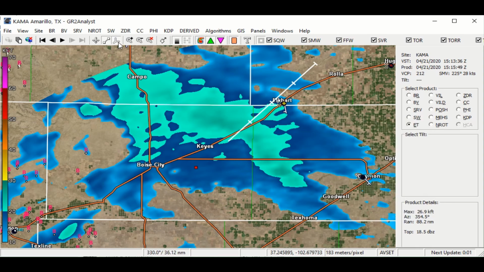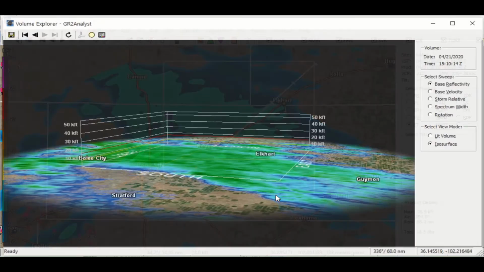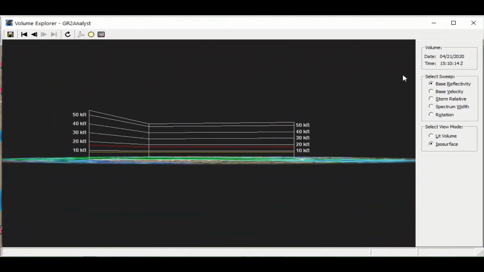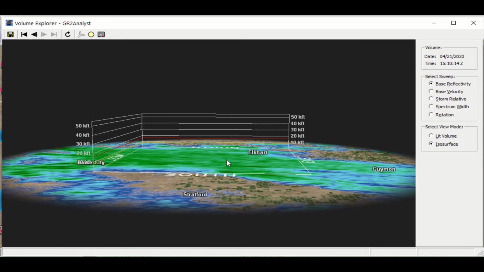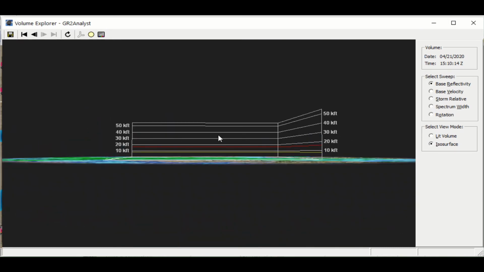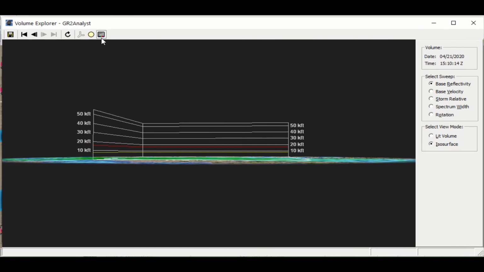Let's do a 3D volume section this time. And our current time is 15:15. Now that's for the echo tops. That should be the last complete volume scan. The cross section and the volume section need the last complete volume scan. So 15:10 is as good as it gets, but you can see there we dropped the filter off at, I believe,